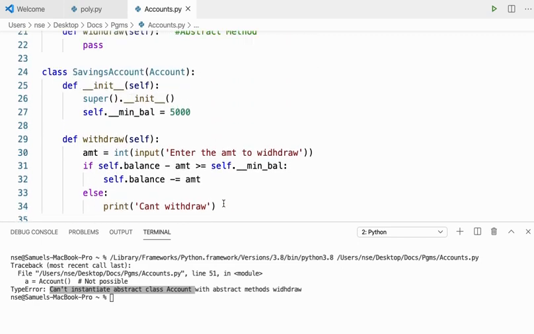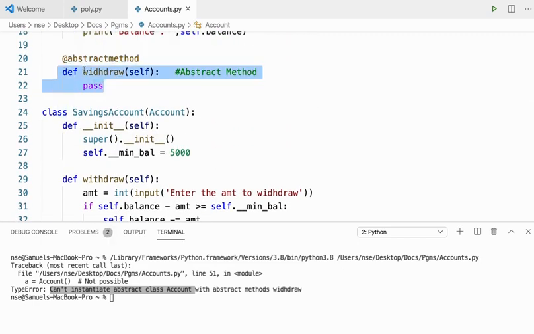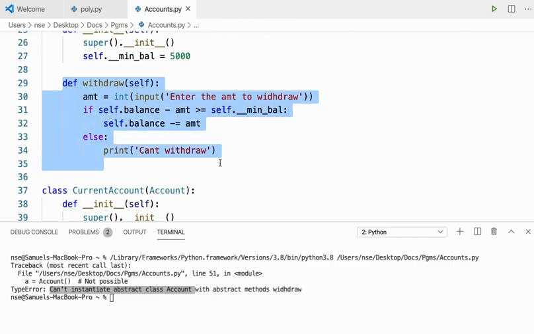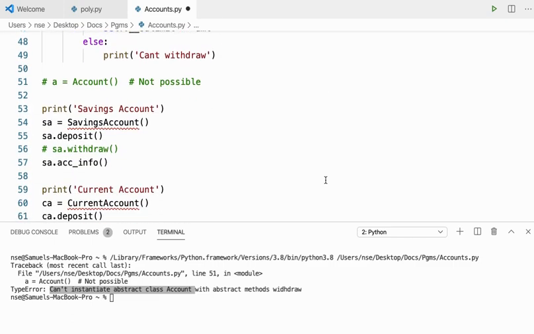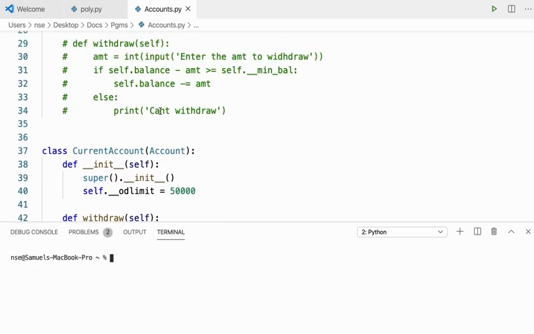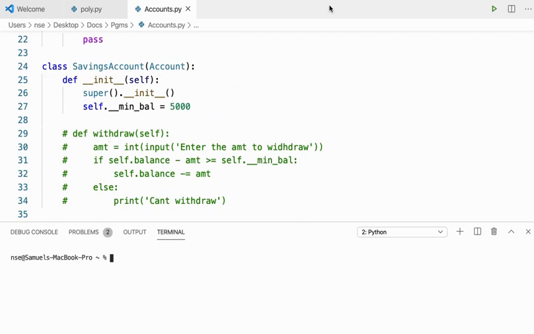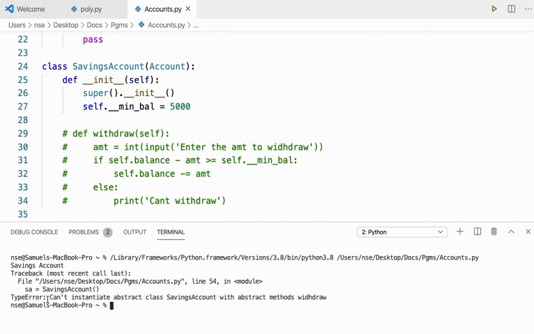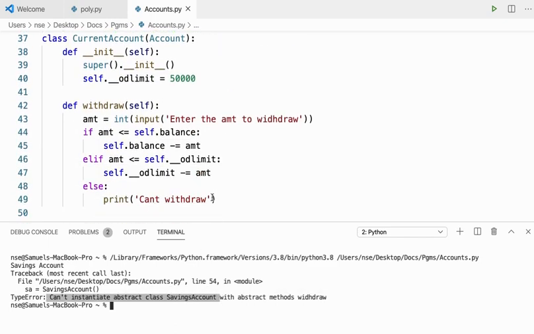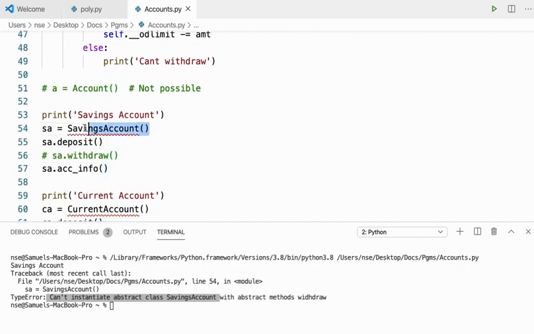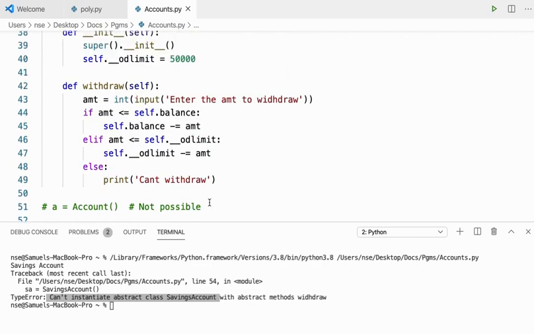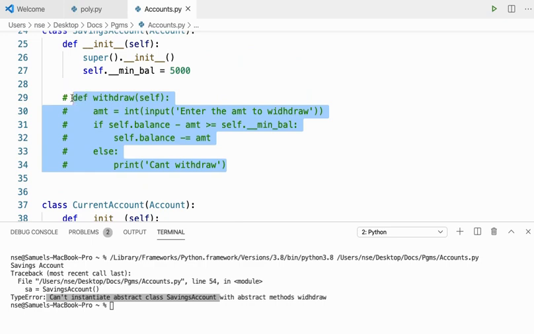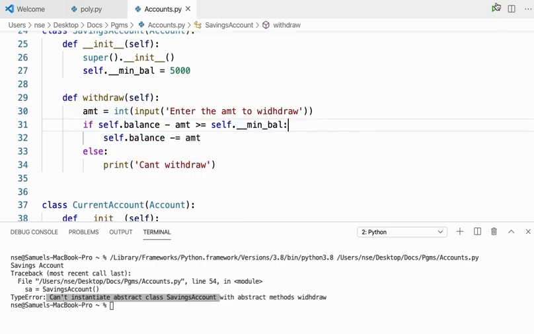And one more thing, I've created an abstract method, withdraw, right? And if I miss this out, if I'm not defining it in the derived class, let me save this and run it for you. Now I have not created the method in the derived class. Savings account doesn't have a withdraw method. Now when I run this code, it again throws an error: can't instantiate abstract class SavingsAccount. It is not allowing you to create an object itself. It is throwing an error because the abstract method withdraw is not defined. So if it is defined, then the error will go away. Let me run this again.